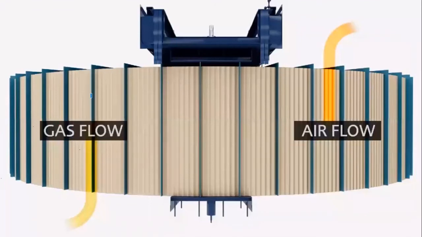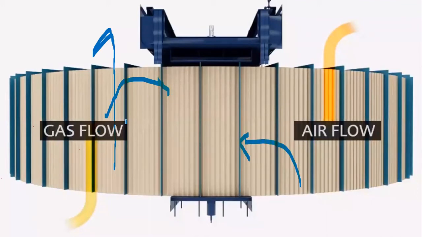Now here you can see that we have some structure. These can be considered as some guiding paths for the air or the gas to flow. These are the guiding paths for the fluids to flow. So the fluids are going to take this path only. They are not going to come in this direction. So these will also be used to avoid mixing of the two gases.